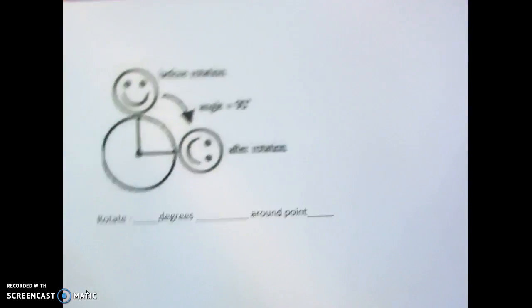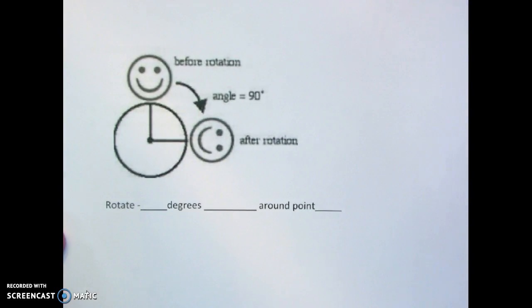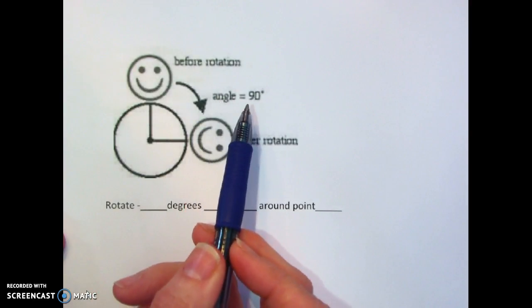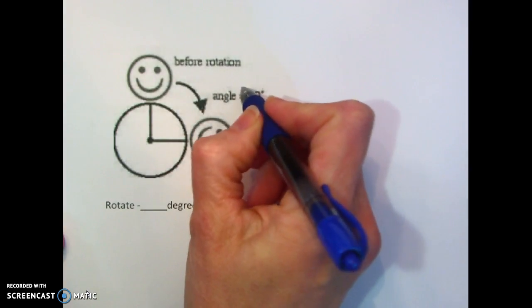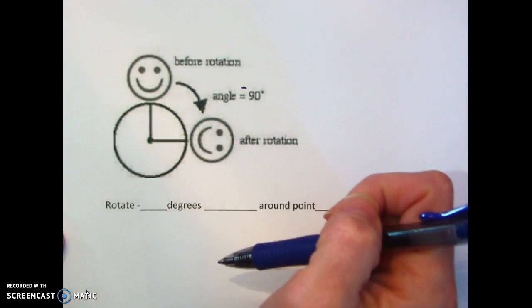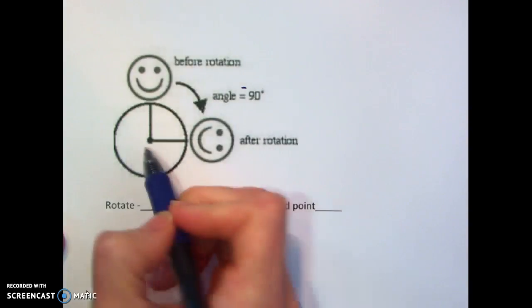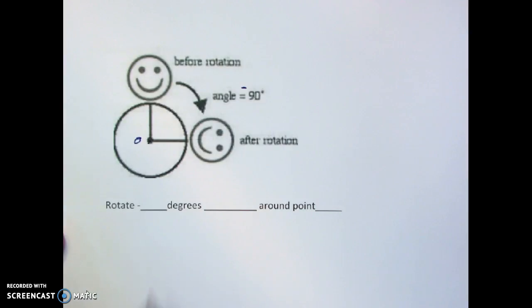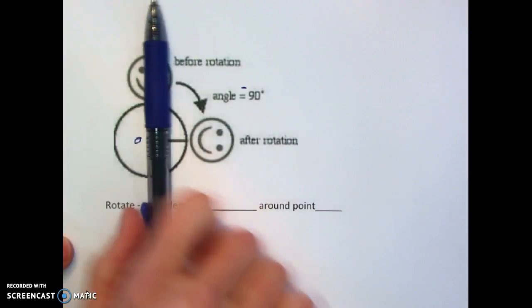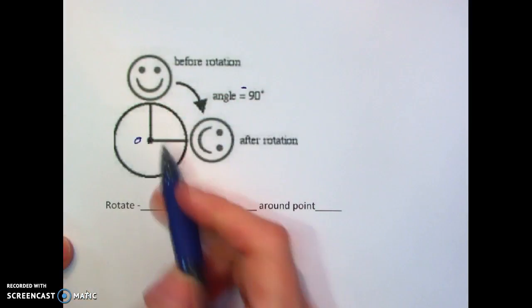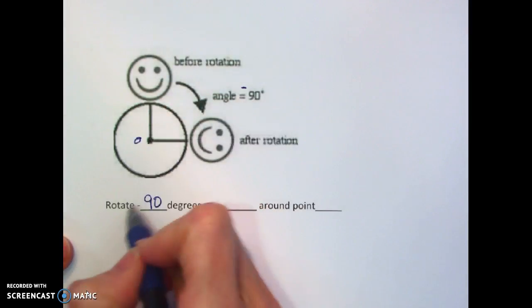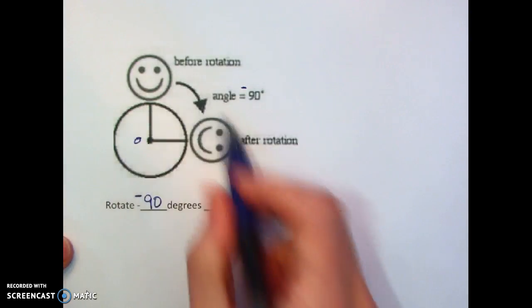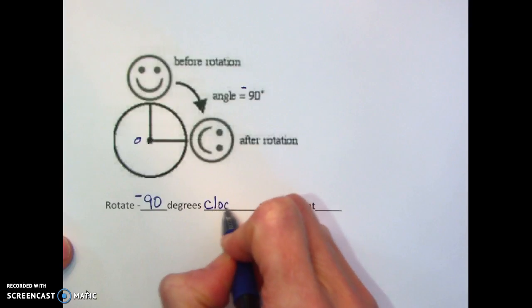So here's a picture. Before the rotation, we have the happy smiley face here. We're going to have a 90-degree rotation. Now, this is actually a negative 90-degree rotation if it's rotating clockwise. And we're going to end up with this picture down here, as long as we are rotating around this point right here, which I'm calling point O. So we will rotate from here to here, 90 degrees. Now, that we already said is a negative 90 degrees. We are rotating clockwise